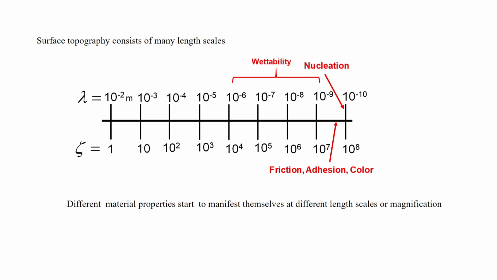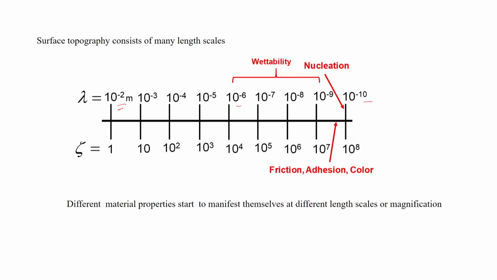Furthermore, the surface topography consists of not just one length scale. Here we have just considered those asperities, but actually the surface has topography at all different length scales. For example, it has from 10 to the power minus 2, that means a centimeter range feature, then millimeter range, micron range, then up to atomic range. As a result, the surface topography at these different length scales affects different phenomena. For example,